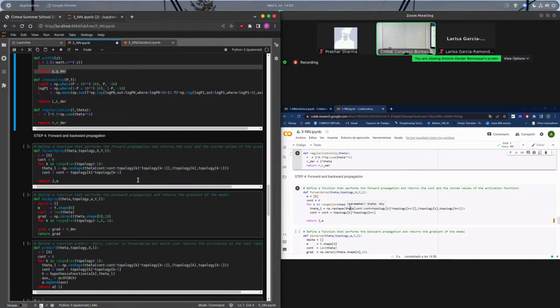Pero como tú habías dicho, esta activation function, pasas la multiplicación, porque h es solamente x por teta. Why? Why did you think? You're multiplying every time x times theta. So it's